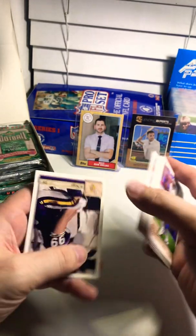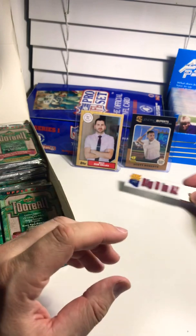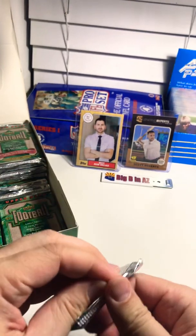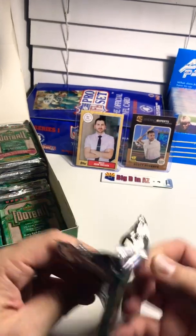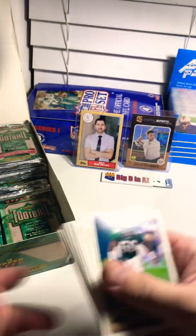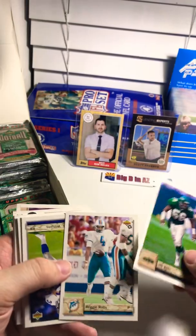Colors. The way the camera does these cards justice. Al Noga. Those of you that have these, have felt these, check this out here. You guys can see that too. Any of those that have seen these in person know what I'm talking about. 92 and 93 are my two favorite years. 91, I think they're still trying to get their stuff together. So those 90, 91 Upper Decks for baseball weren't as nice as these ones. 92, 93. Joe Kelly, Reggie Roby,